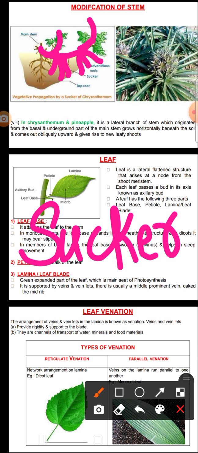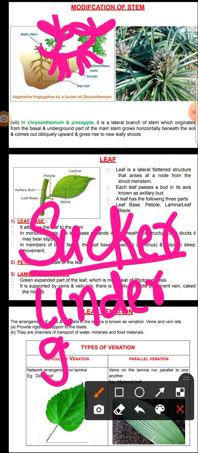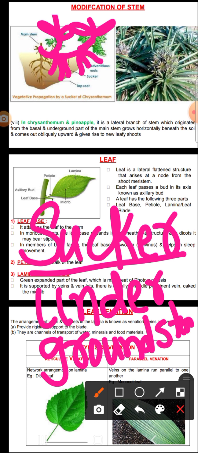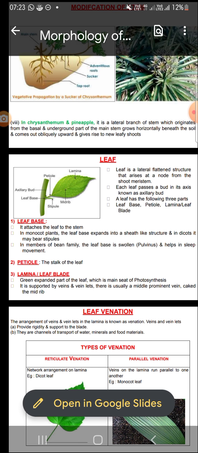Once the stem comes onto the surface, it develops the leaves. So sucker is an underground stem which comes onto the surface of the soil and starts growing like a new plant. It starts growing. So this one is the main plant,